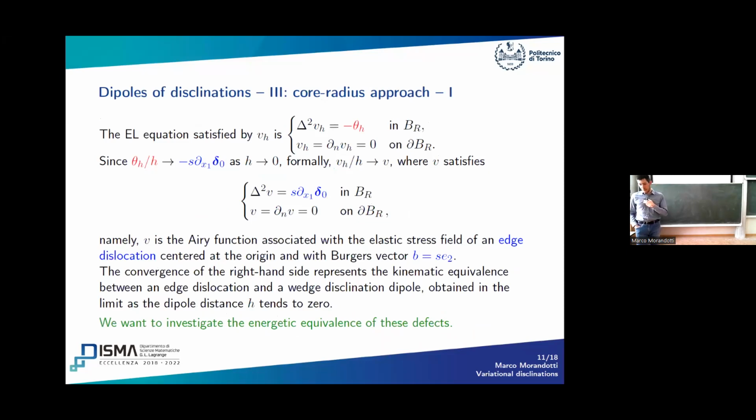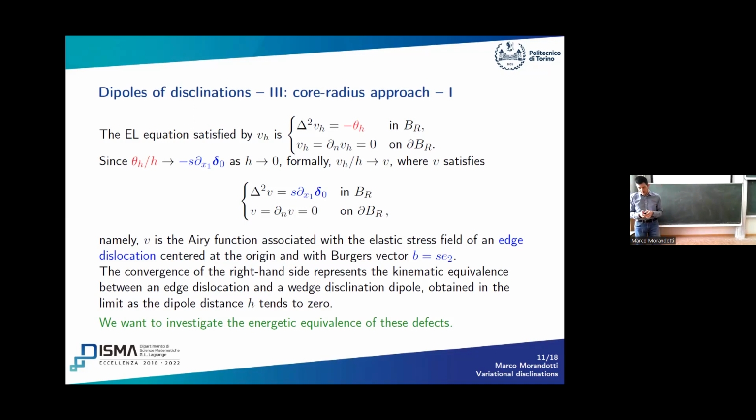And the way we treat the limit in h going to 0 is by a core radius approach, which is usually the winning strategy for dealing with dislocations. What is usually done with dislocations is you fix a dislocation and then you look at a small core of radius epsilon around it, and all the energy is concentrated in this core, and the energy scales like the log of the radius of this epsilon size, right? Which is the thing that we would like to throw away because we know it makes the energy explode, and then we look at lower order terms. So how do we get to that?